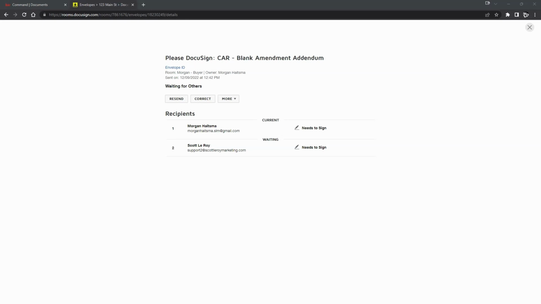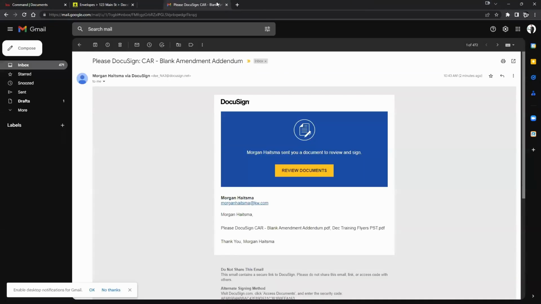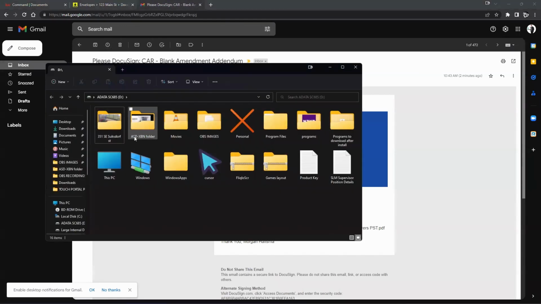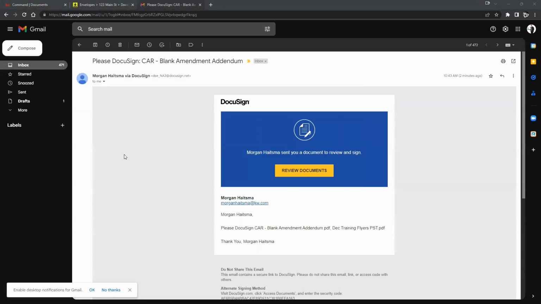But as we're taking a look right here, it looks like my document already came through. So if we take a look at this, this is what that document looks like when somebody receives it, right? So when your clients receive a Docusign form, this is what it looks like right here. If we click on review documents, it'll say, please sign the document. This is the title,